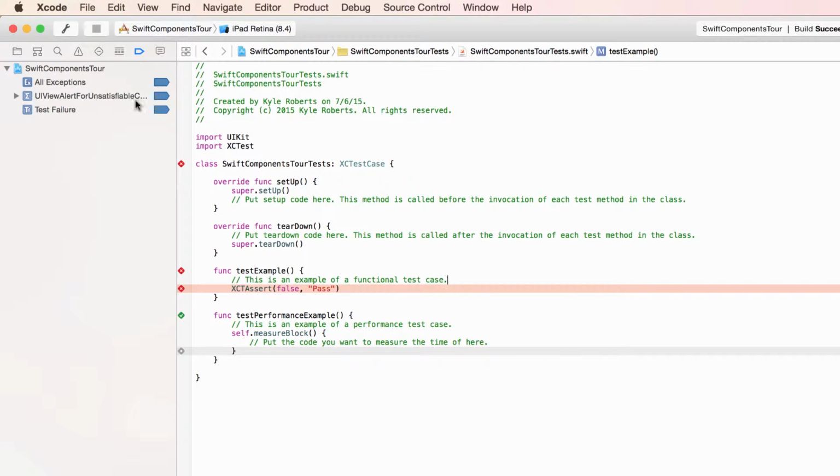And typically how I use these is I keep the exception breakpoint on all the time. I deactivate the UI alert for unsatisfiable constraint symbolic breakpoint, and I deactivate the test failure breakpoint. And yes, there are cases where you would want to deactivate the exception breakpoint. Some libraries and frameworks sometimes do throw exceptions that don't crash the app, and some apps I've worked on, every time you launch the app, you're going to hit a couple exception breakpoints, and it's just annoying and easier to turn that off. And you can get even more custom with this and say, don't throw any exception breakpoints until after